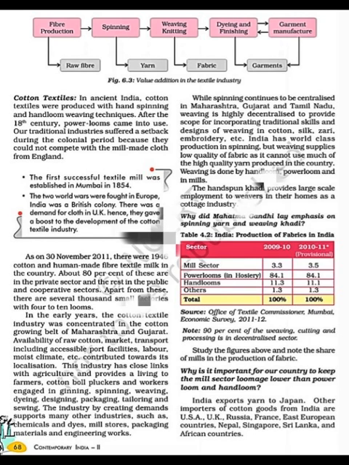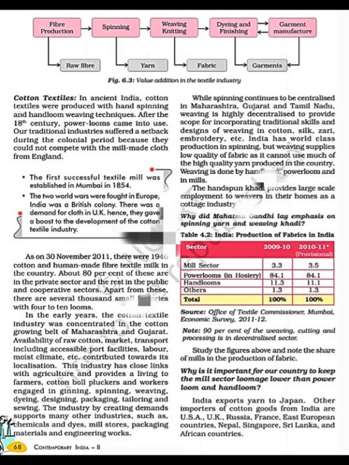of Maharashtra and Gujarat. Availability of raw cotton, market, transport, including accessible port facilities, labor, and moist climate contributed towards its localization. That is why it is concentrated in Maharashtra and Gujarat: because of the favorable climatic condition, the availability of the raw material, and the availability of port facilities. Labor is also available in abundance, and this industry has a close link with agriculture. Why? Because raw material is coming from agriculture only, and it provides a living to the farmer,